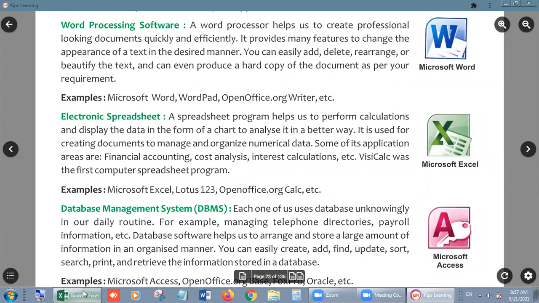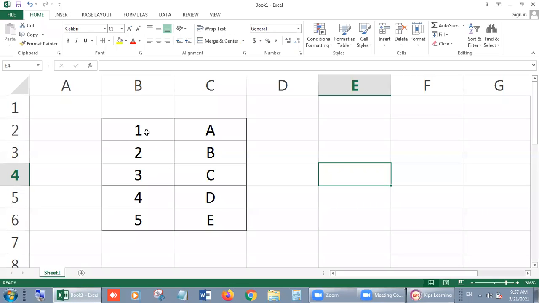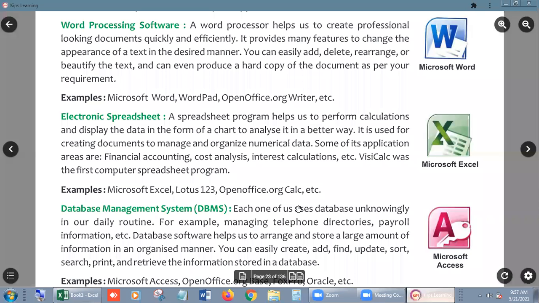As you can see, I write numerical data here, 1, 2, 3, 4, 5, and I am also using alphabets in it, right? So spreadsheet software is used to prepare tables, charts, graphs, etc. in the computer. Financial accounting and cost accounting are some proformas which we can create in it.